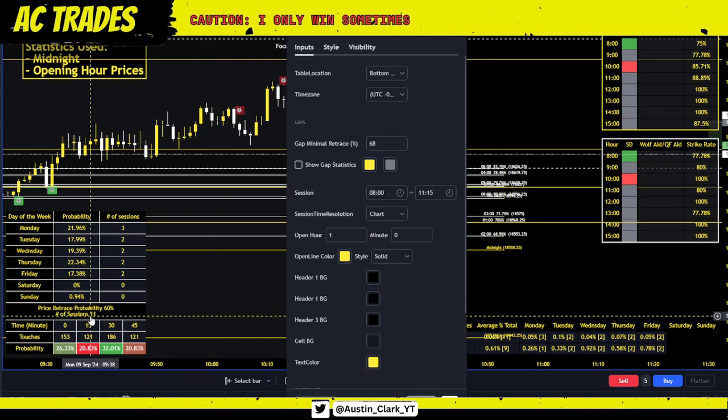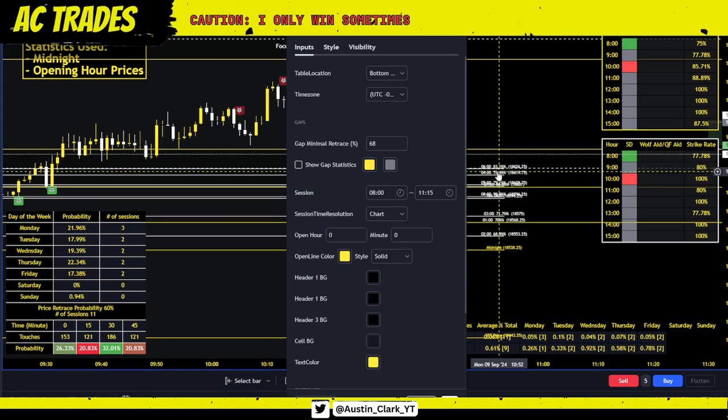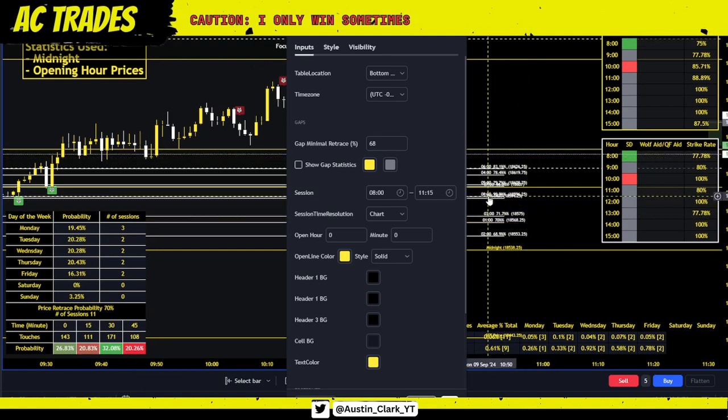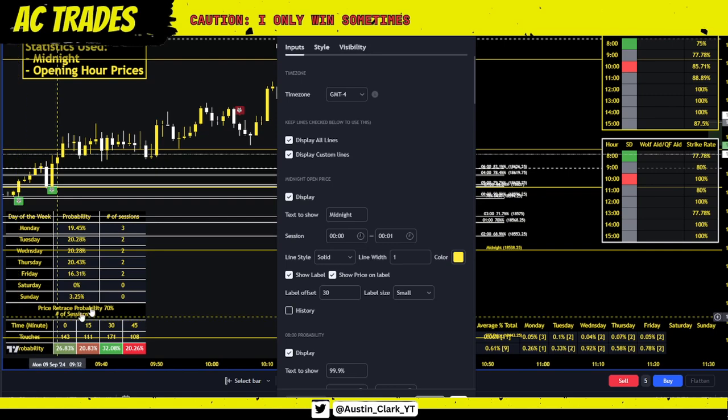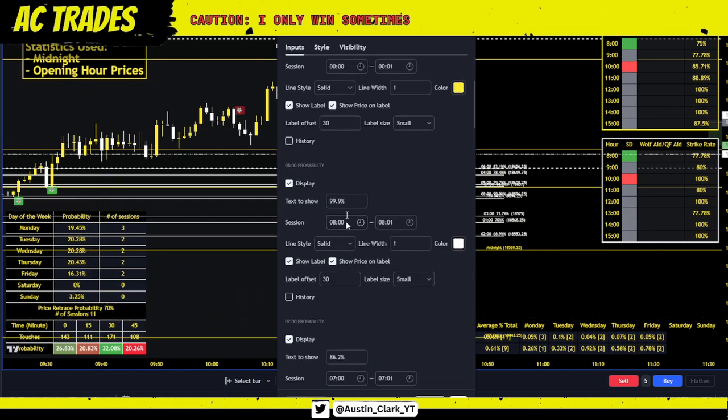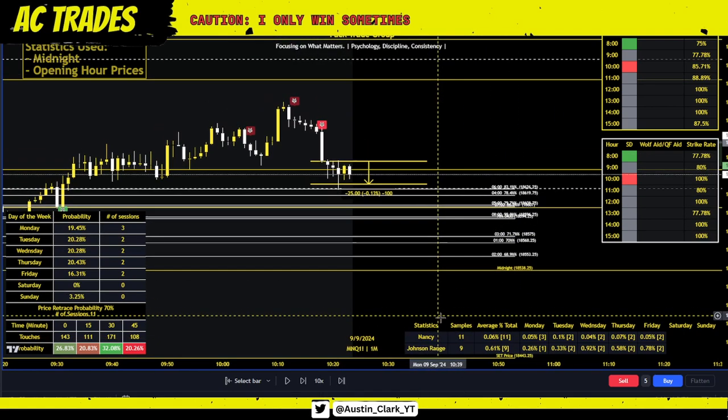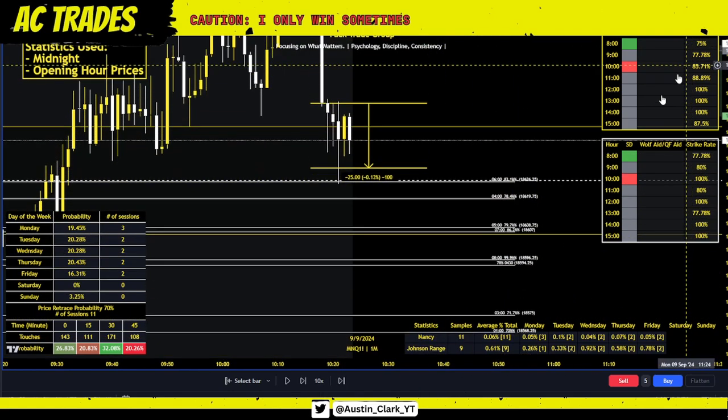You can see right here in the past 11 days, it's 60%, whatever the case may be, right? You're just going to update it. And then these lines right here, that's all these are. This isn't a part of the midnight snap. This is just an indicator one of our pack members created. And then I'm just writing whatever that statistic is in here, and I'm putting it into the indicator here that's just showing the opening prices.